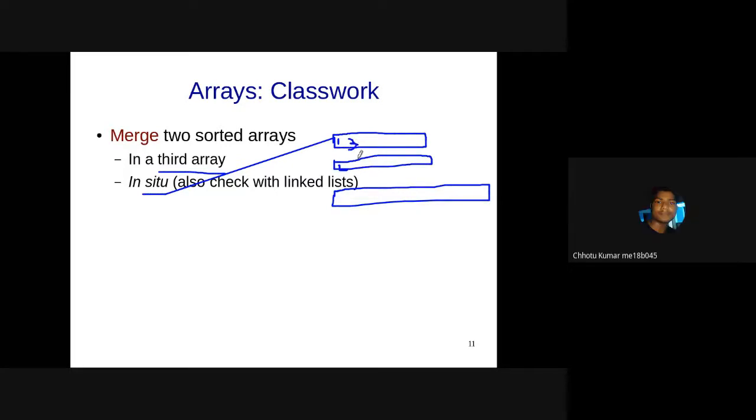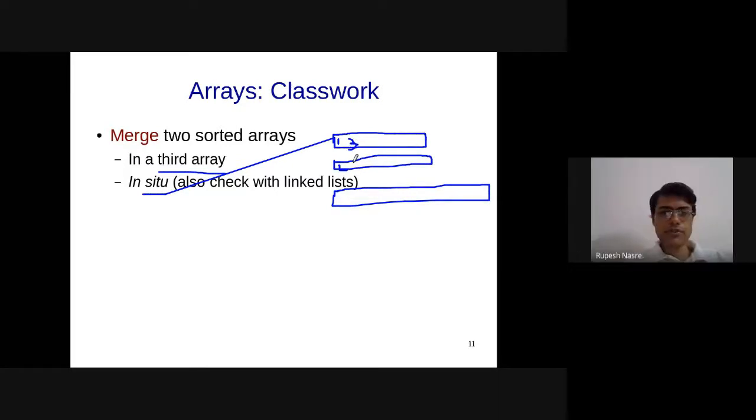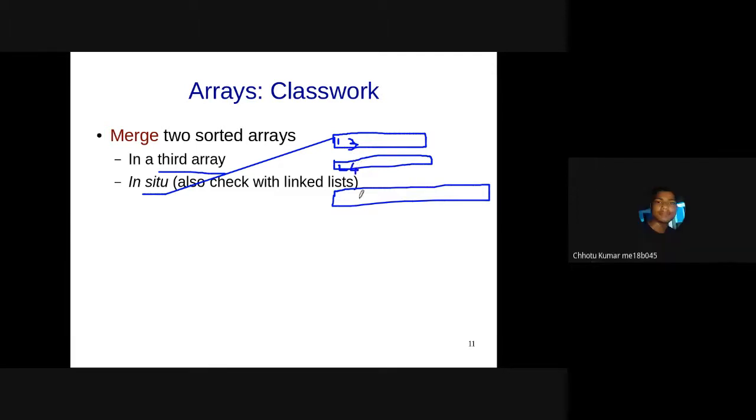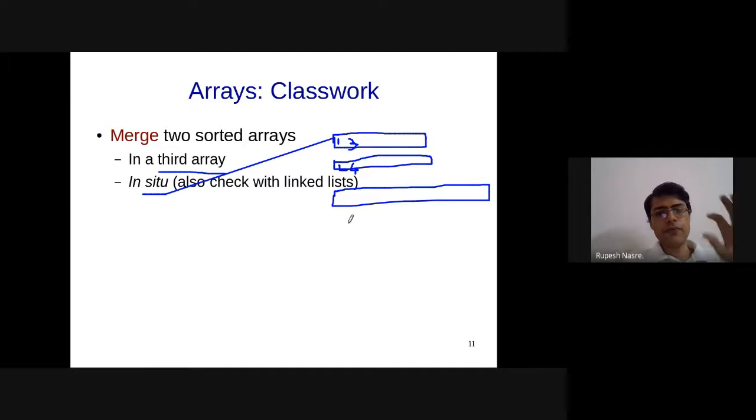Both are sorted, right? Yes. You need to sort and put in the logic. So the first two arrays are sorted. Let's say A and B are sorted. Those are of sizes M and N. And then the third array C should be finally sorted.